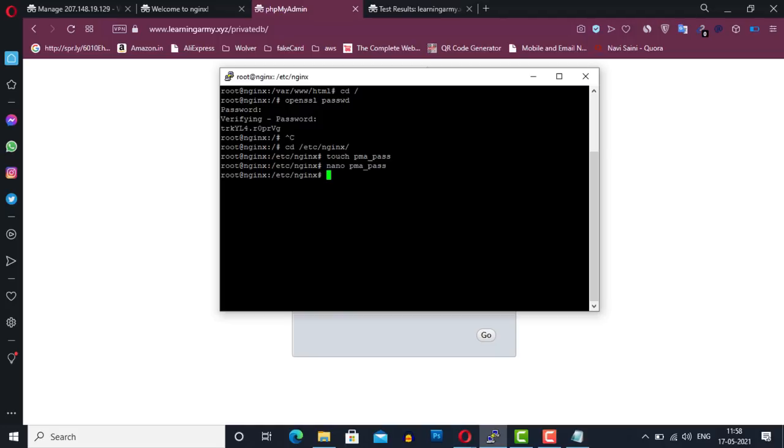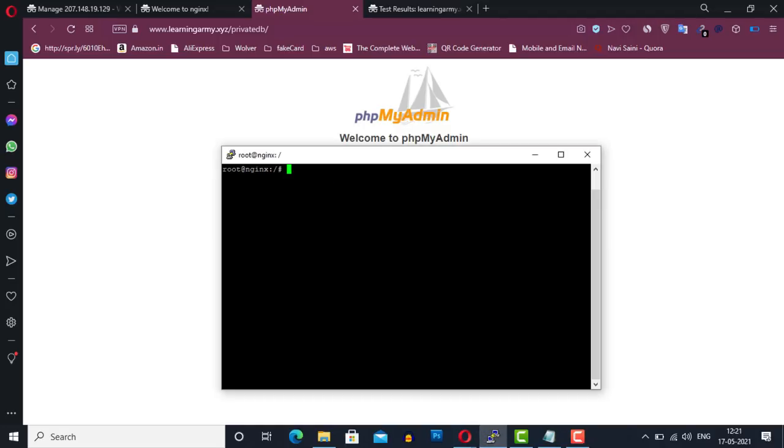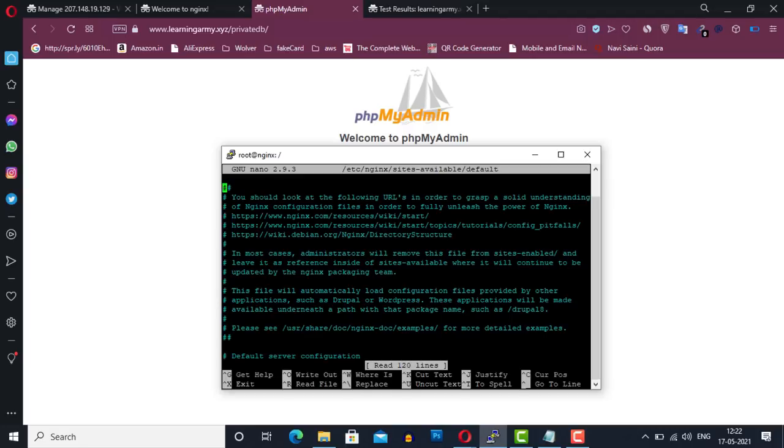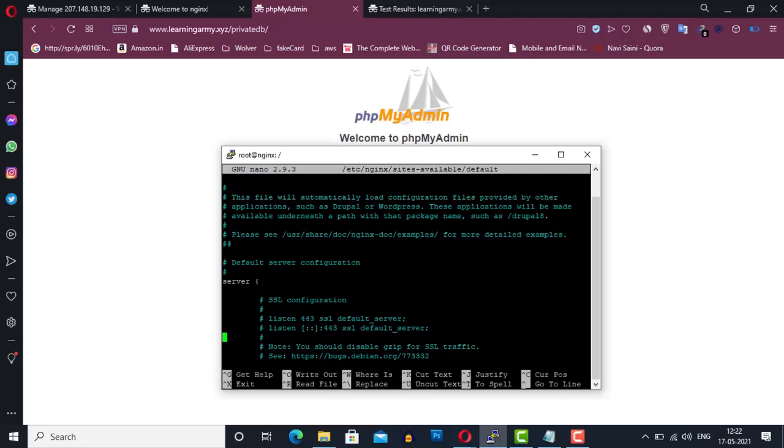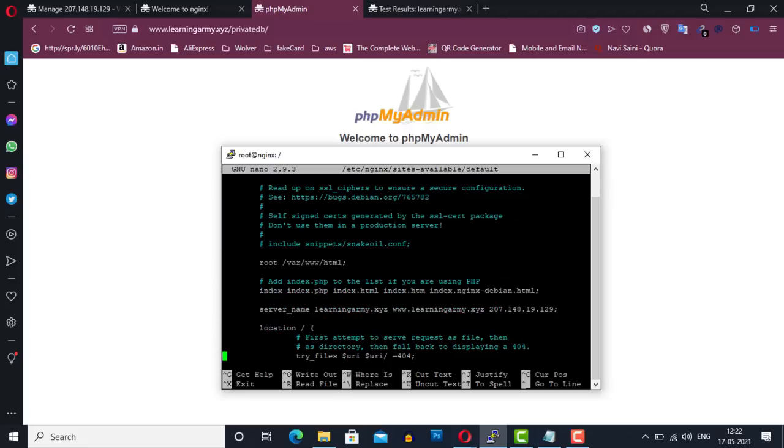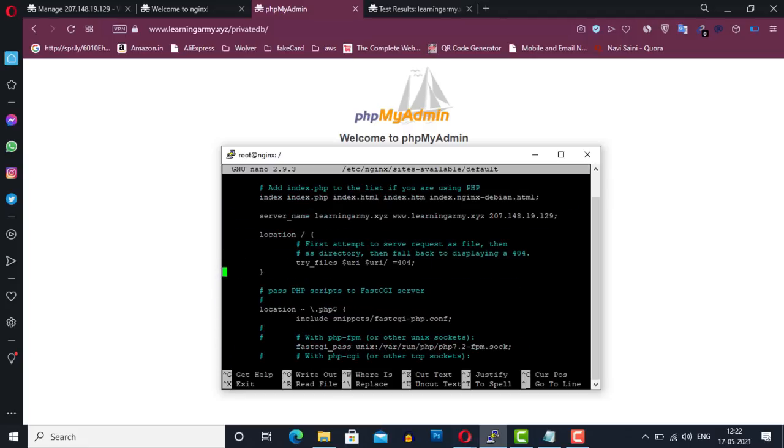Now we have to modify the nginx block configuration file so that we can apply our username and password to the phpMyAdmin. To do that, open the nginx default block configuration file in the nano file editor and press enter. In this file, we need to create a new location block. Let me quickly enter the new location section.